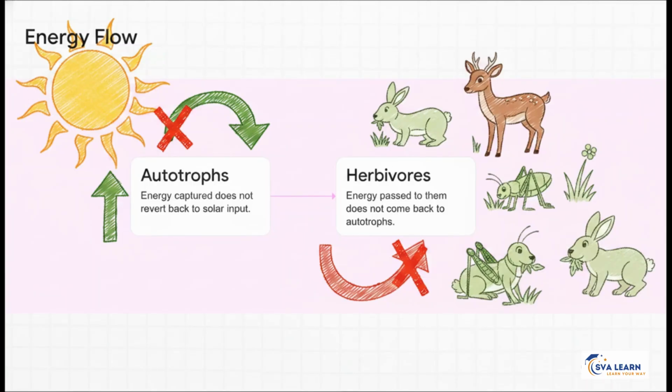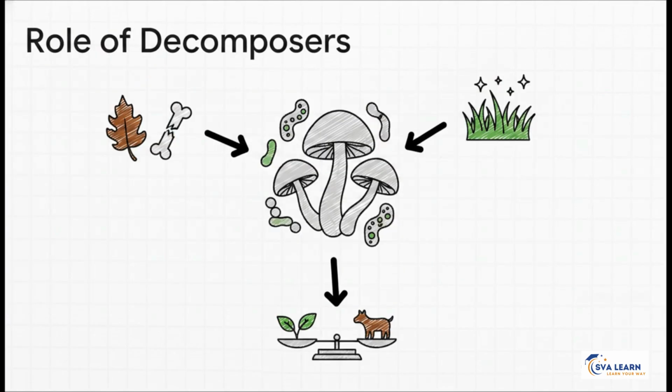Writing it out exactly this way guarantees your 1 mark for stating it's unidirectional and the 2 half marks for these specific reasons. Evaluators are literally scanning your page for the words autotrophs, solar input, and herbivores, so give them exactly what they want. Now, while we're on ecosystems, we absolutely have to talk about decomposers. If they ask about the role of decomposers for 2 marks, hitting these 3 points leaves absolutely no room for